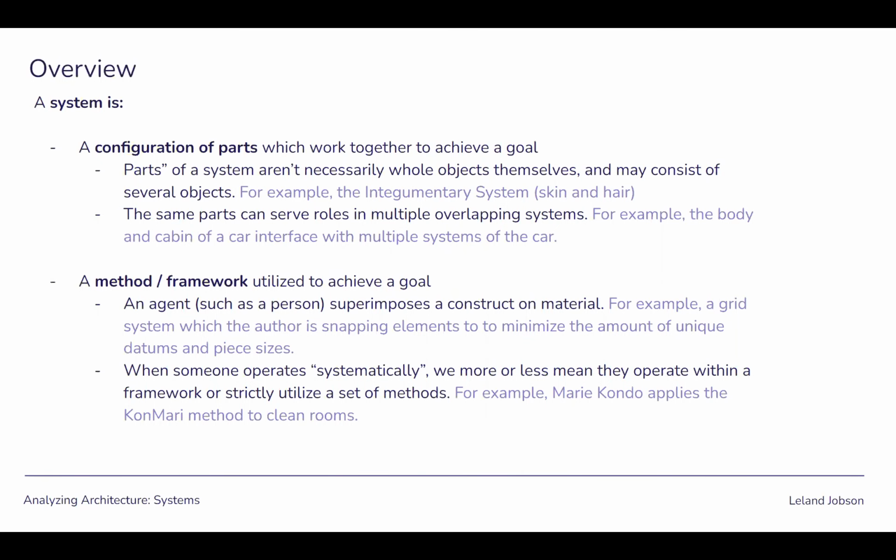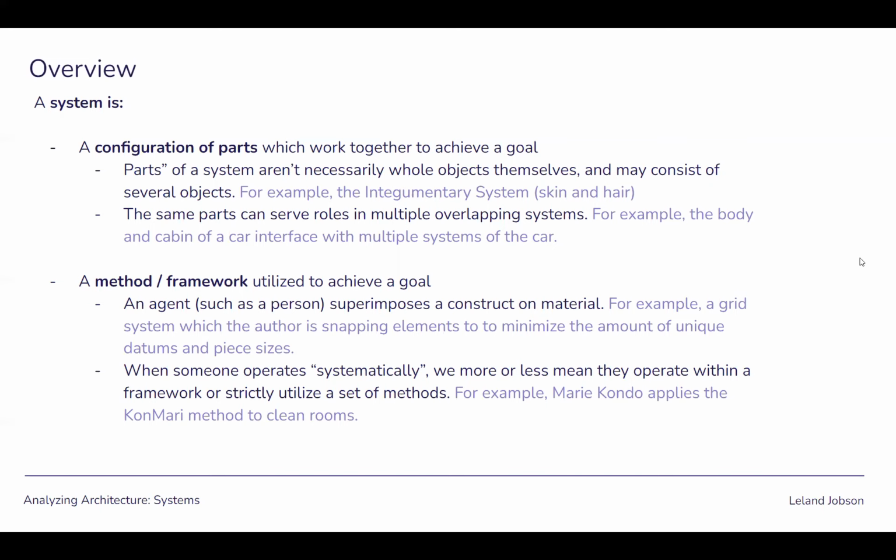So what is a system? A system is one of two things. It's a configuration of parts which work together to achieve a goal. Parts aren't necessarily objects in themselves, although when you think of a kit of Lego, each Lego is a part. But when you think of the systems of your skin and hair, you can't really point to a part that represents your skin. It's kind of like a continuous